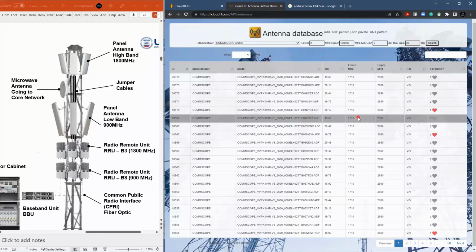And then yung lower frequency range and yung upper frequency range. Since we are using 2100 megahertz,